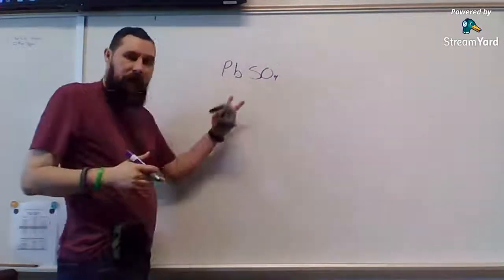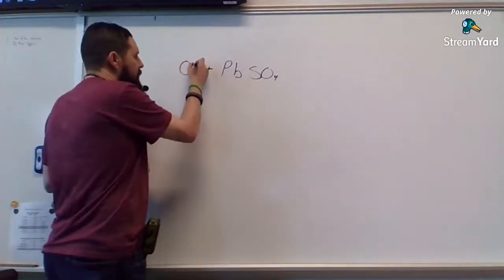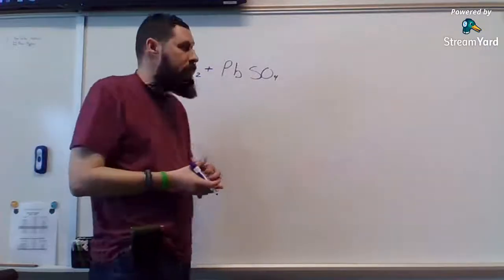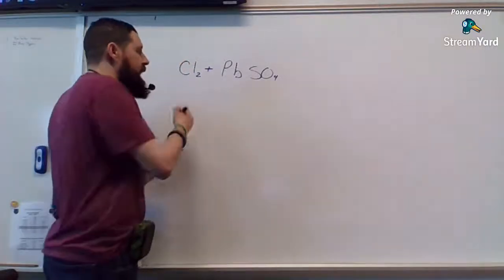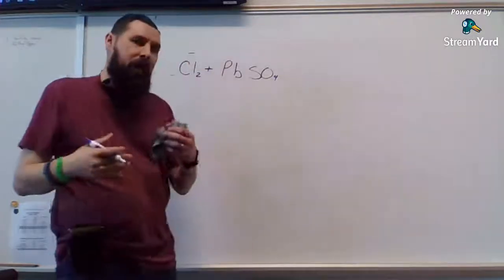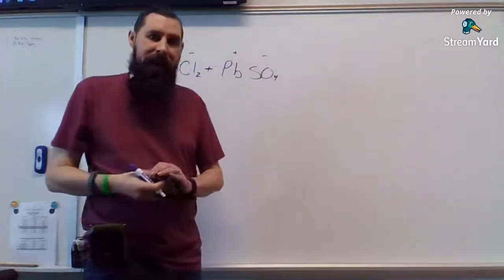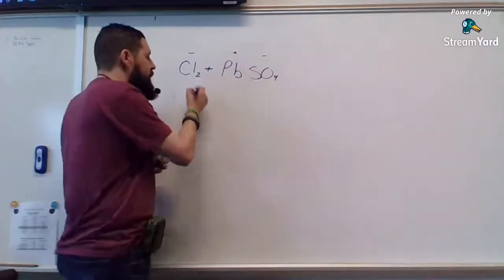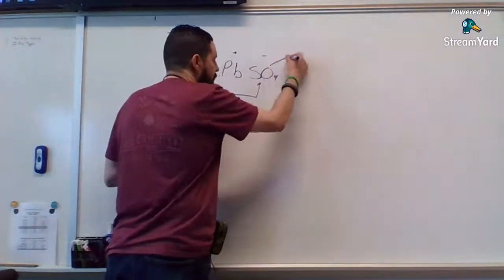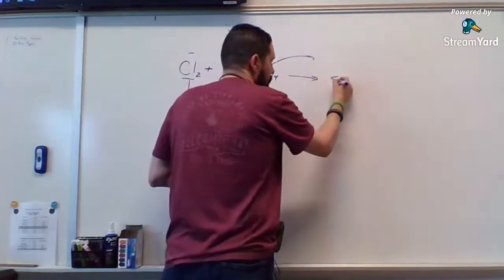And so this is my compound, and I introduce to this, say, chlorine. Okay? So I'm going to show you that example of the negative displacing. So chlorine within a compound would be the negative charge. Lead is my positive. Sulfate is my negative. So one of the possibilities would be that chlorine would come over and displace my sulfate,